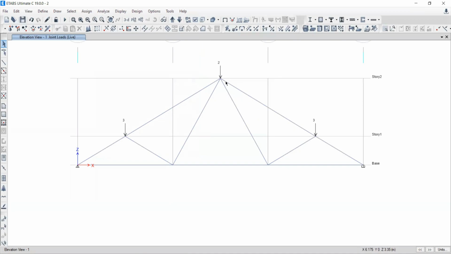So this 2 kilonewton load is going to be transferred to all these members. This 3 kilonewton load will also transfer into all the members,